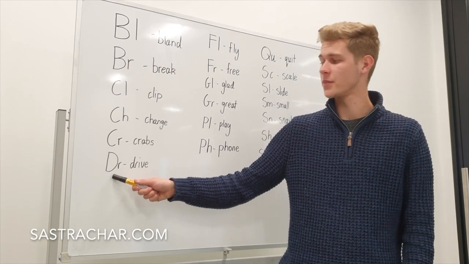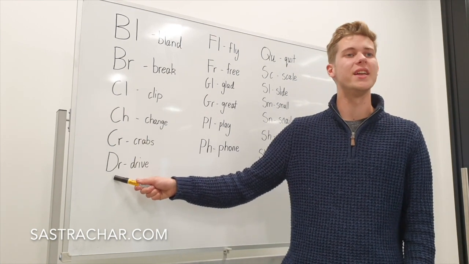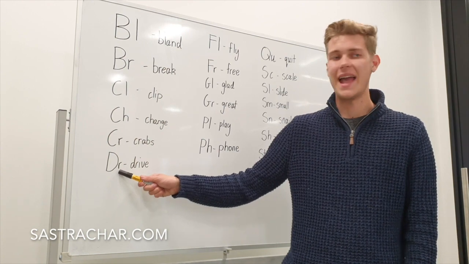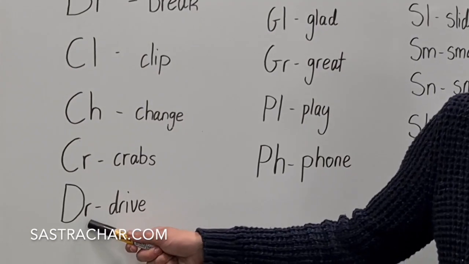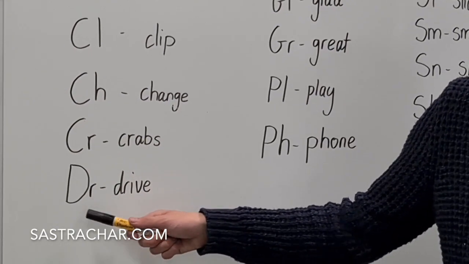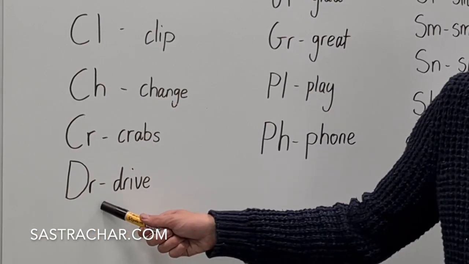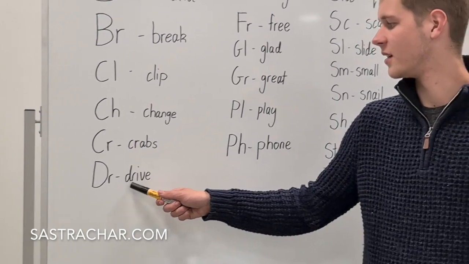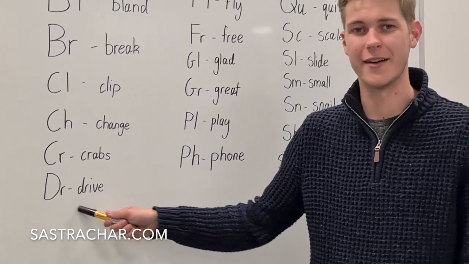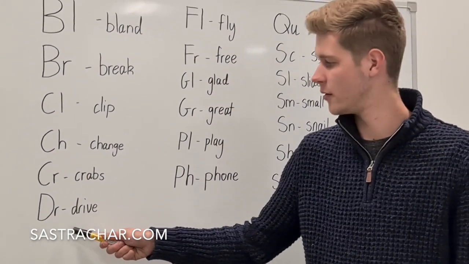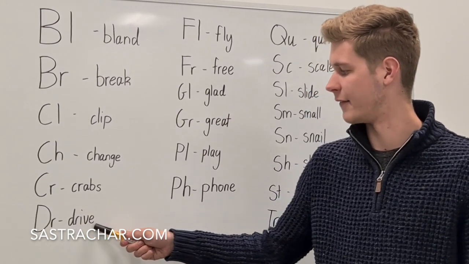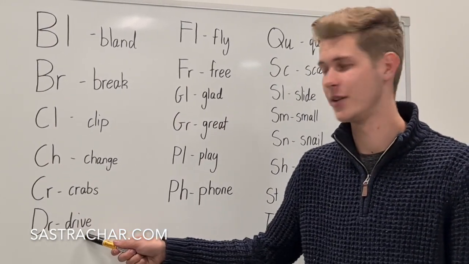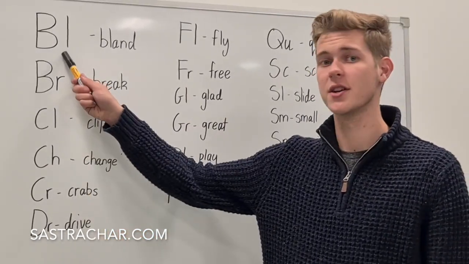We have another D. The D goes D. And an R. Similar to this word here, the R goes R. So together they go dr. Here's an example of that word. We have drive. Drive. Cool, so to recap, we've got bl,